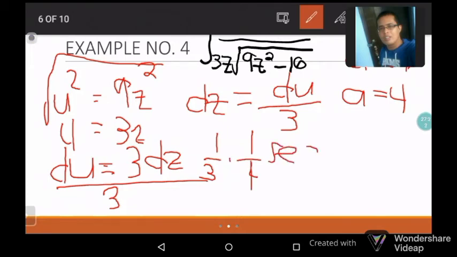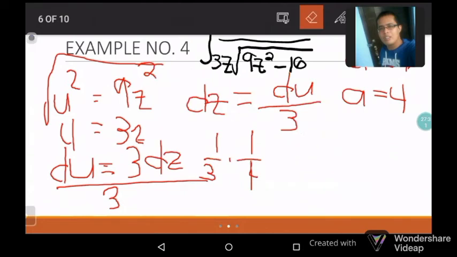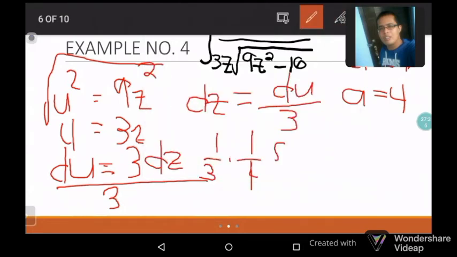So, 3z over a plus c. The question is, is our answer final? 1/3 times 1/4 arcsecant of 3z over 4 plus c. No. Ano yung kailangan natin i-simplify? Ito. So, multiply lang natin siya. 1/3 multiplied by 1/4. That gives you